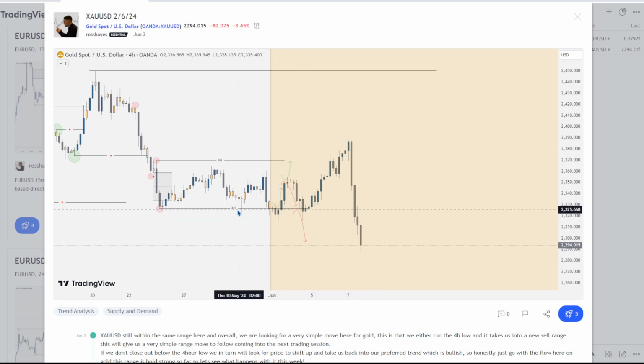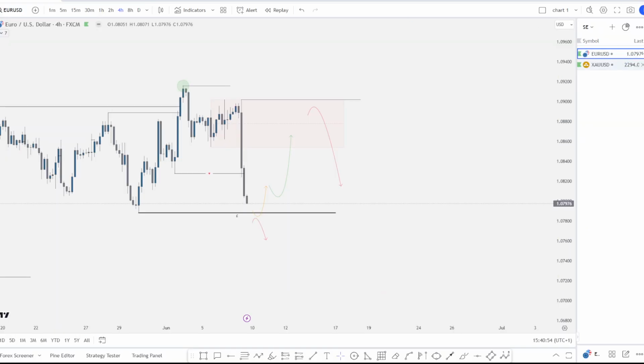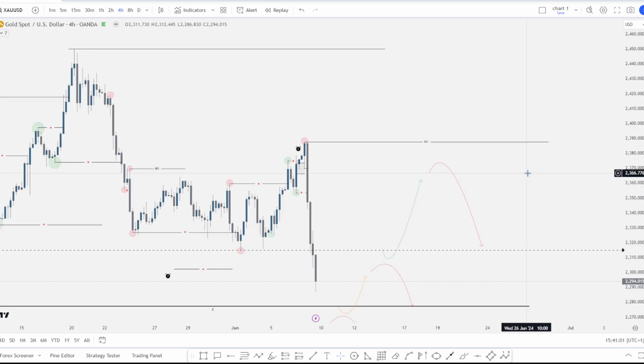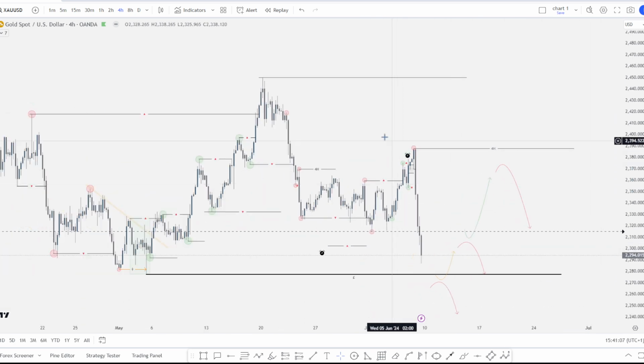We closed out below the 4-hour low, put in a new low, we had the previous high, we pulled back, sold off, and from here we pushed higher. After we had that higher push, we sold off with NFP, the same as euro. So heading over to the chart for this week's idea, we have the chart right here, and we have a similar scenario for gold, which is to be expected somewhat